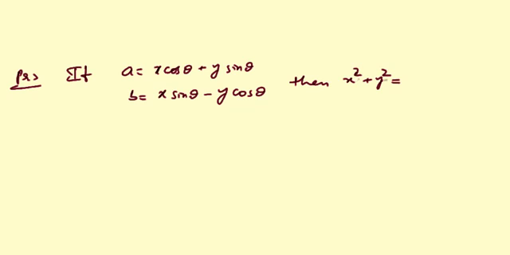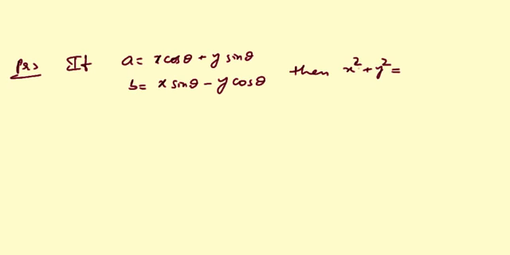So in the previous classes we have discussed trigonometric ratios and their values for particular angles: 0 degrees, 30 degrees, 45 degrees and 60 degrees, and we have done some problems based on those values of the angles. So we tried some easy techniques to solve the problems in the earlier video. Now we are trying to solve these kinds of problems, which are given in terms of an equation, and the problem will be asked to find the value of x square plus y square and x square minus y square, this kind of thing.